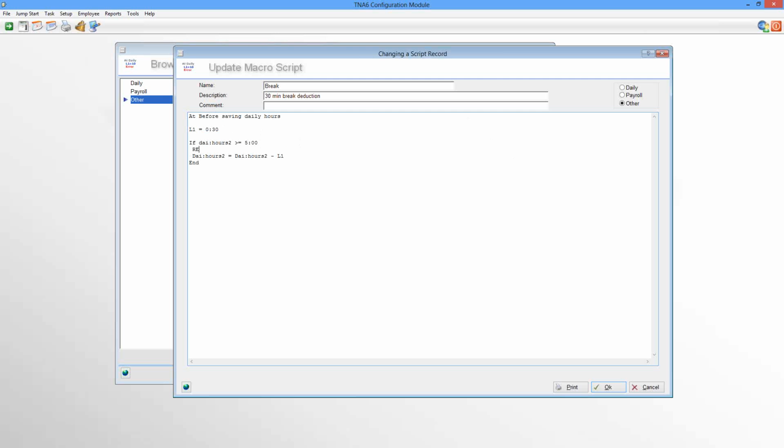You can either use REM, and then, "is deducting the break time." There you go. This is purely for the person that's actually looking at the script to see this information. If you now change this to INFO, which gives a little bit more information in the processing screen,